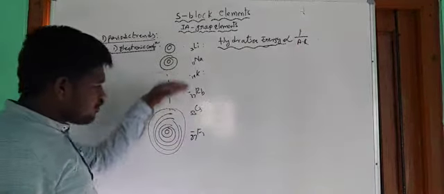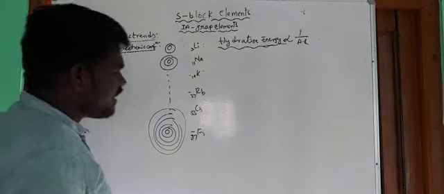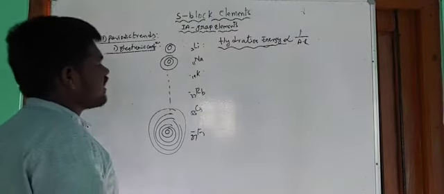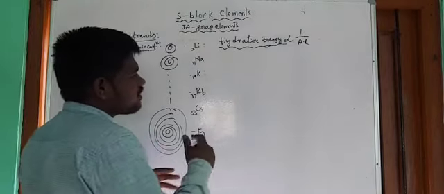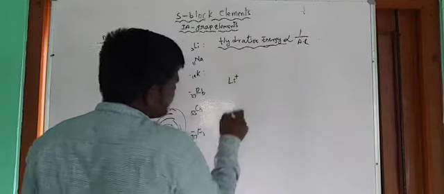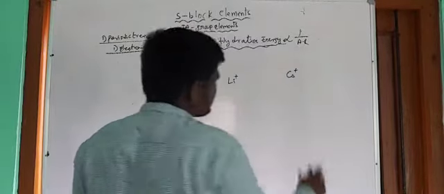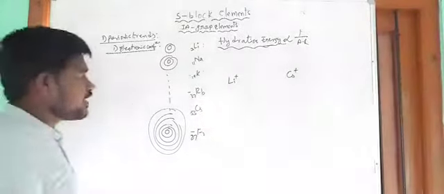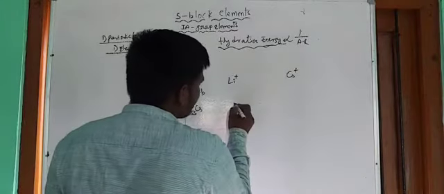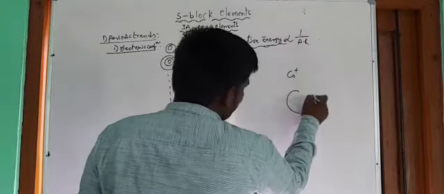Okay, from top to bottom, atomic radius increases, so hydration energy decreases. So let us try to understand why both are inversely proportional. First let me take the lithium ion from the lithium element, and here let me take the cesium ion from the cesium element. Now you know the lithium ion is small in size compared with the cesium ion.